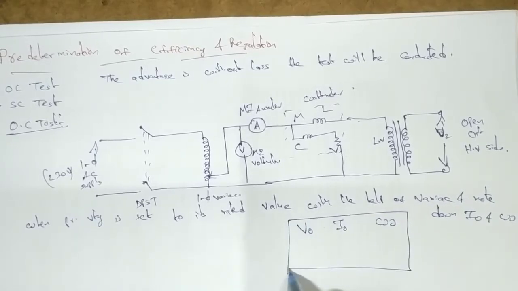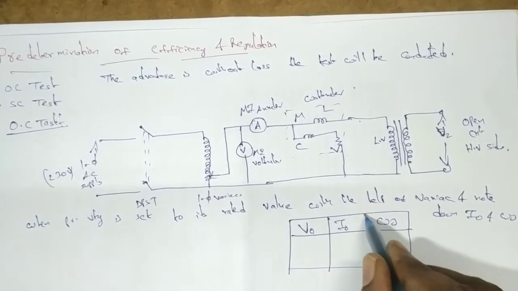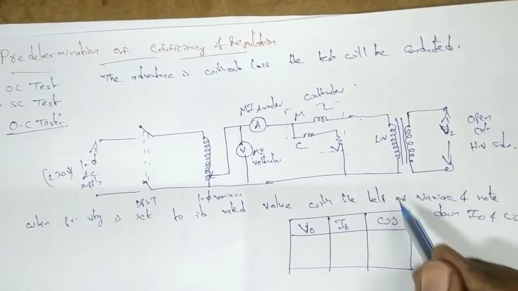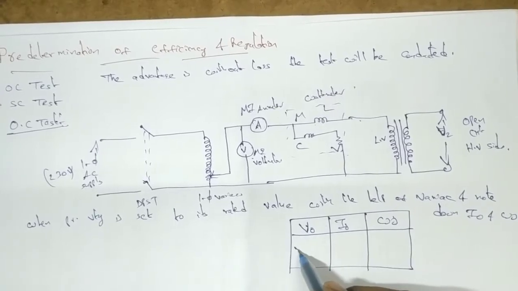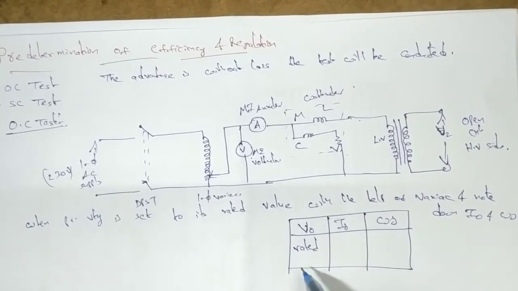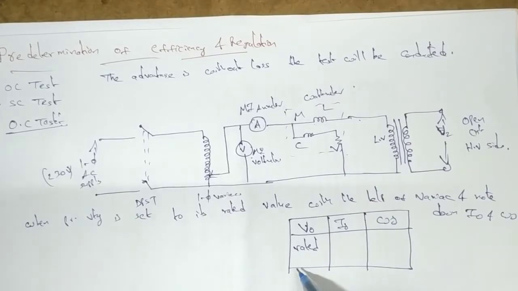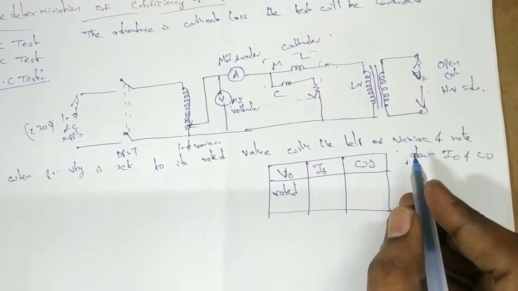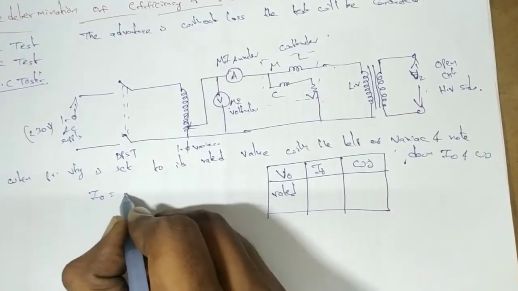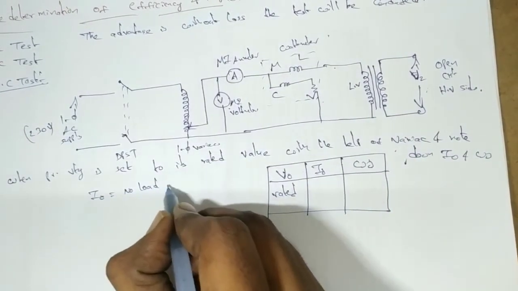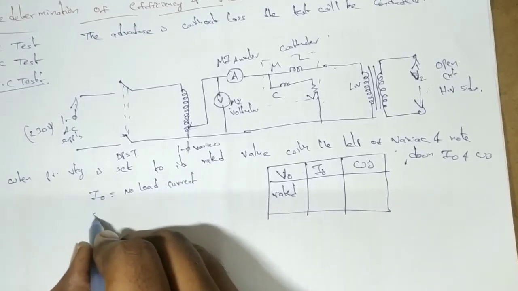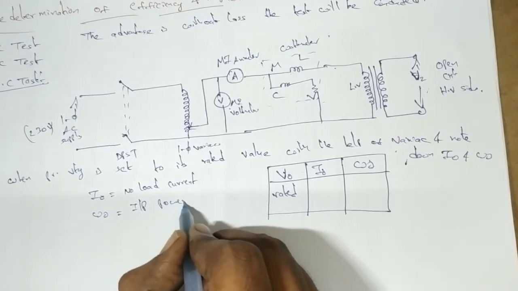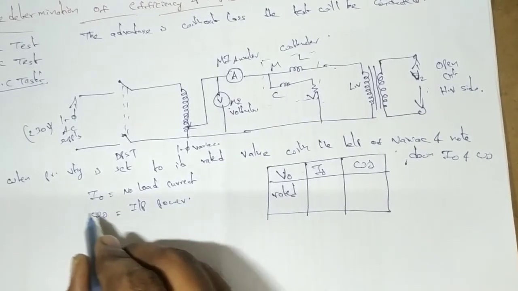To note down the V0 value, a voltmeter should be connected in parallel with the auto transformer. So V0 is the rated value. These are the three values we have to measure during the OC test: the voltmeter reading, the ammeter reading, and the wattmeter reading. Out of these three, the voltmeter value will be rated. I0 is nothing but the no load current, and W0 is nothing but the power input during no load. These values will be obtained from the tabular form, and are known.